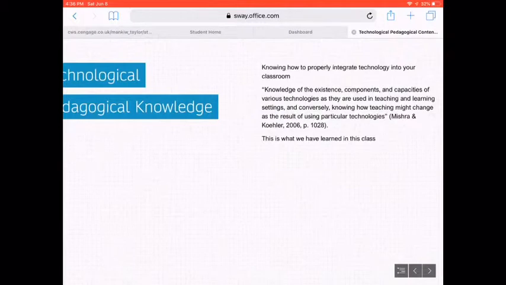The basis of this is what we have learned in this class that we are taking. Dr. Carr has introduced us to a range of technologies that is useful in teaching, and it is our job to know or to learn how to properly integrate technology into our classroom, because as we have learned, not all technology is useful, and just using technology doesn't necessarily mean that it is beneficial to the students,